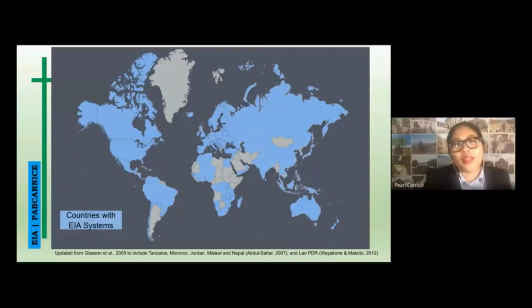All right, so in the whole world, as you can see on the map, the blue ones are actually the countries that practice or have an EIA system. And as you can see, almost all of the countries in the whole world have an EIA system, except of course on